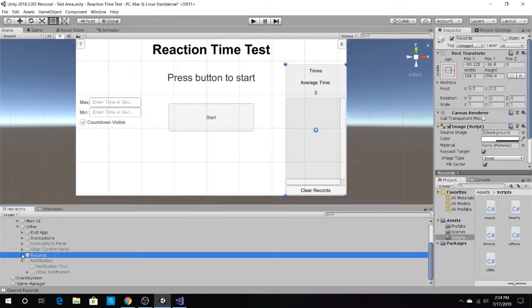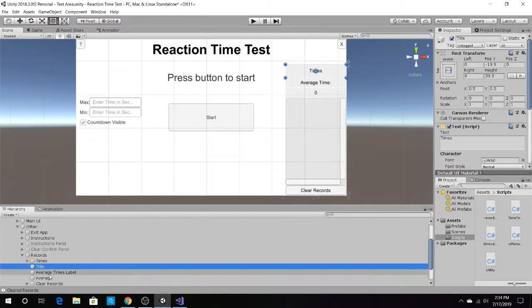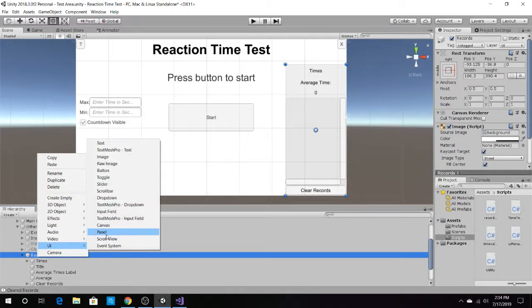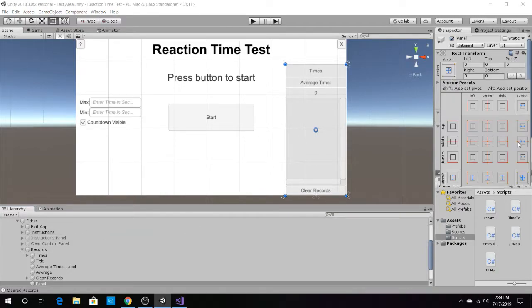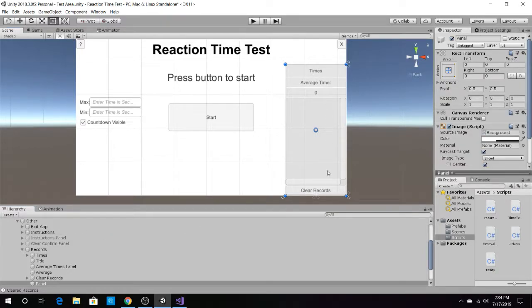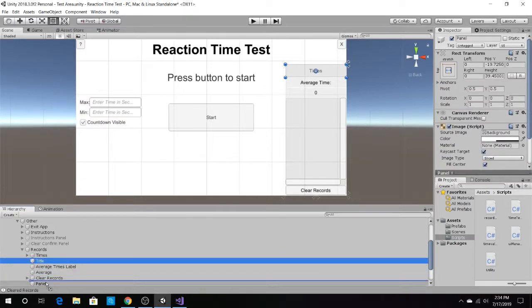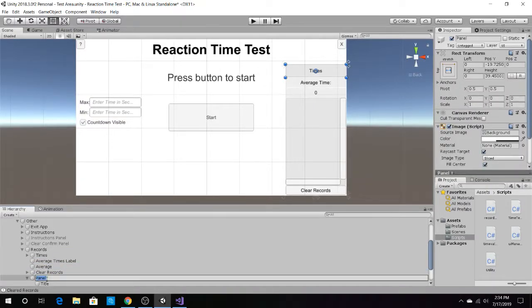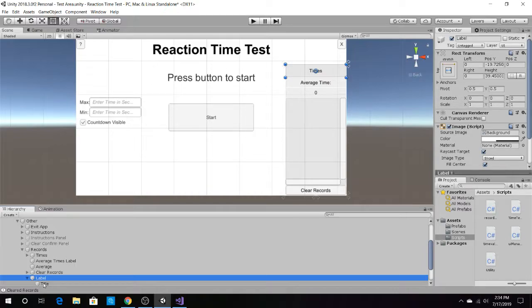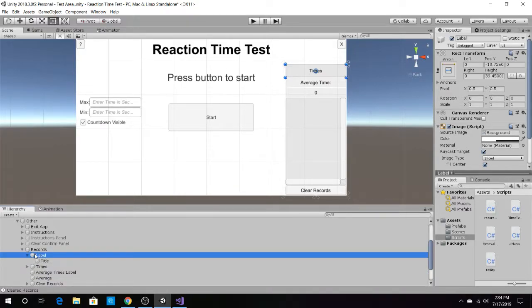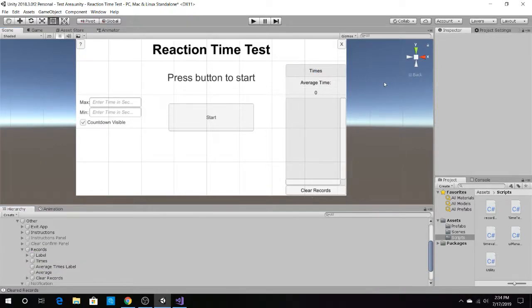We'll go to records, and this title, I think it looks a little silly because I want to add a panel to it. Well, what I'm going to do is put it all the way up here and make it stretch like that, and we'll take the title and put it here, and we'll just make this the label. Once again, I kind of want to put you all the way at the top here just to make it look a little bit better because